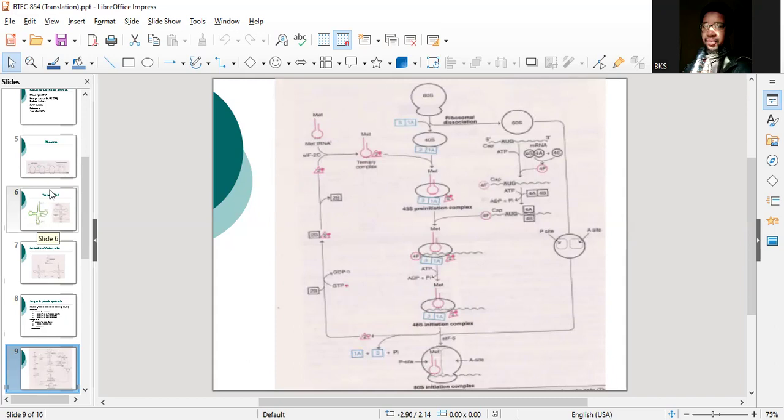So we have the 43S pre-initiation complex. The next thing is this 43S pre-initiation complex will now bind to the messenger RNA containing the stabilized cap-binding protein. How this stabilized cap-binding protein is produced is here. First of all, we have the messenger RNA that comes from transcription. And after all the modification, splicing and the rest, we have the messenger RNA with a 5' 7-methyl guanosine and a 3' polyadenine tail. Okay, so we have